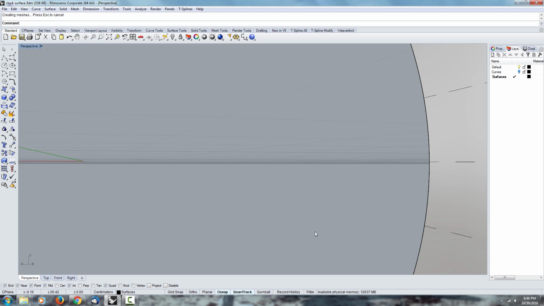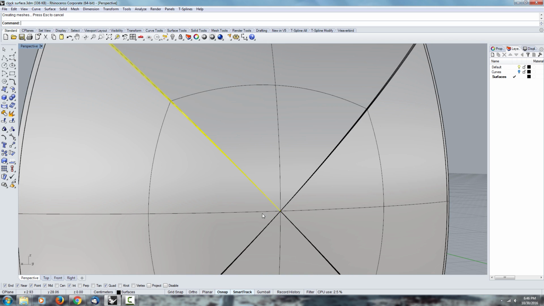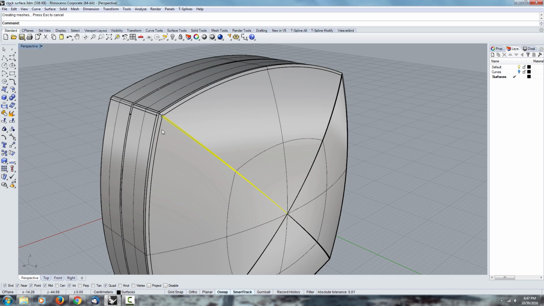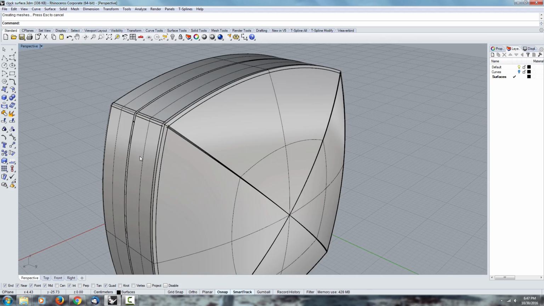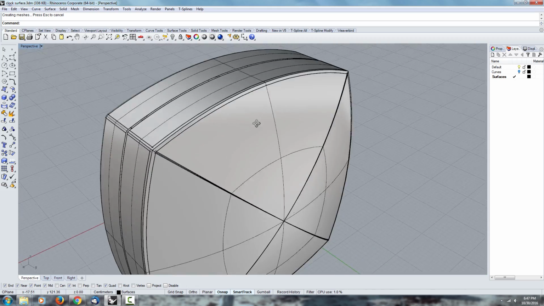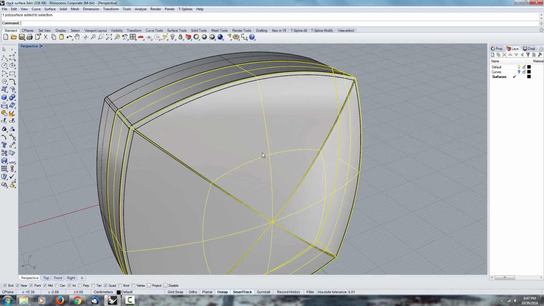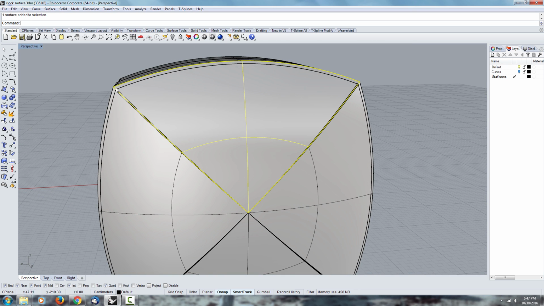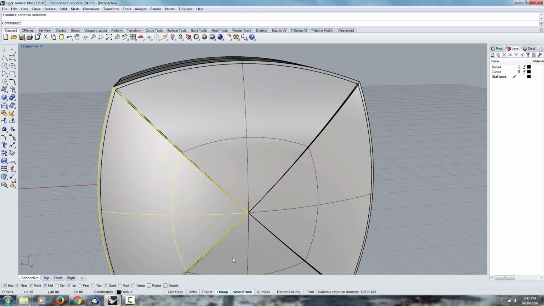And then everything comes down to a single point. So you have to manually resolve these fillets because they're not going to be able to be built automatically using the fillet edge command. And so the first thing I want to go over is why that's happening, and then I'm going to go over how to fix it. So the reason why this happens, I'm going to explode it first. The reason why that happens is because these four sides,